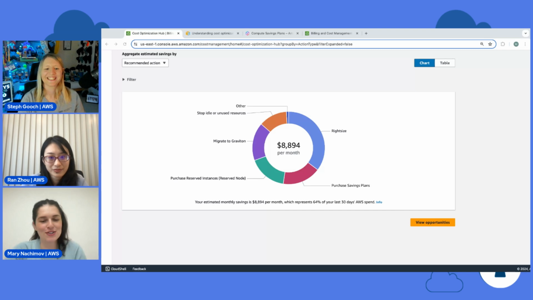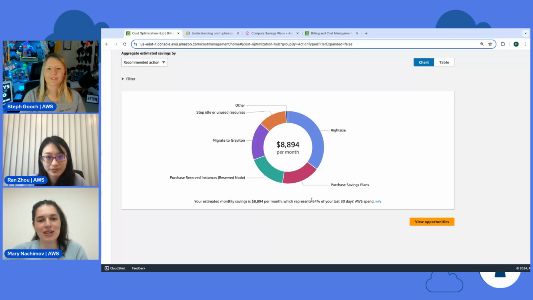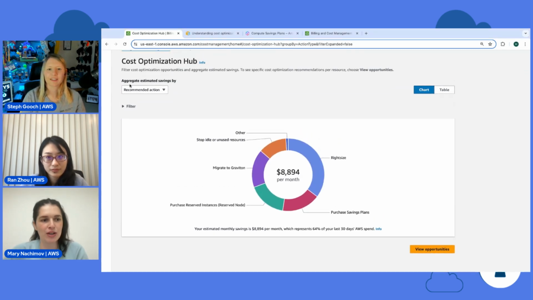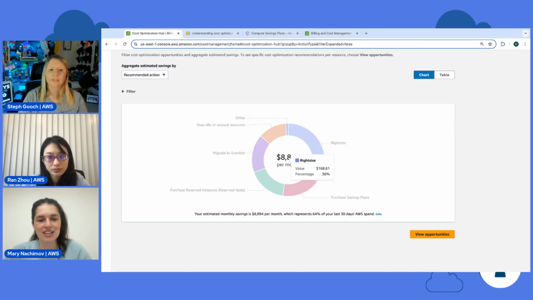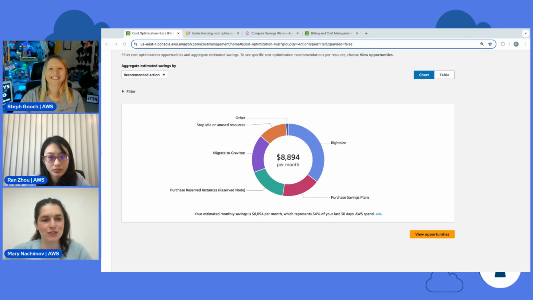Yeah, of course. So talking about cool things, in this case, we want to see the COH or your savings opportunities in different ways. So in this case, we selected recommendation action. So you can see that here we see it's a right sizing action, it's a purchase action. So there are different categories. And of course, many customers will point out, okay, but what is other, right? And as you know, donuts can never present all the information you have, especially in big environments, because then it's not going to be readable.